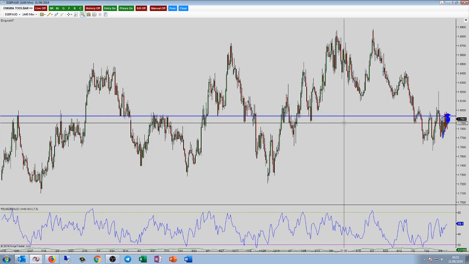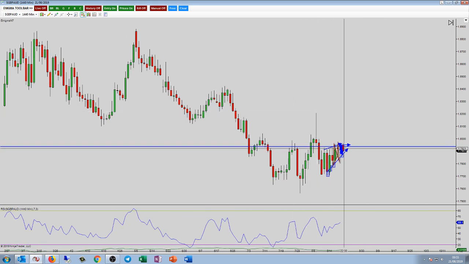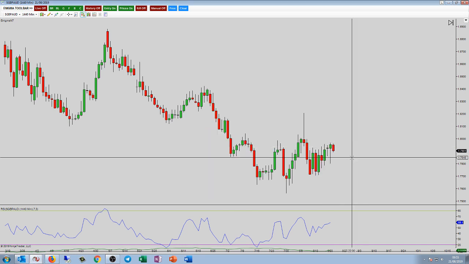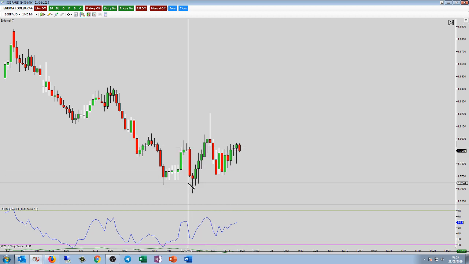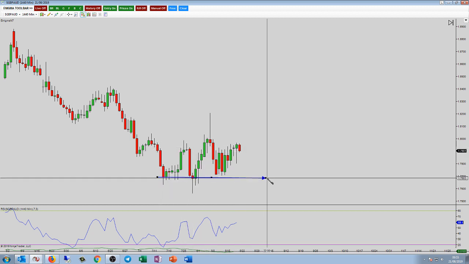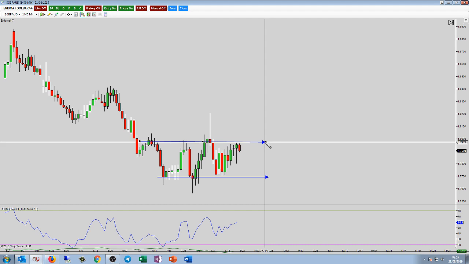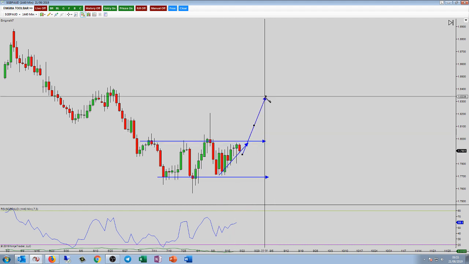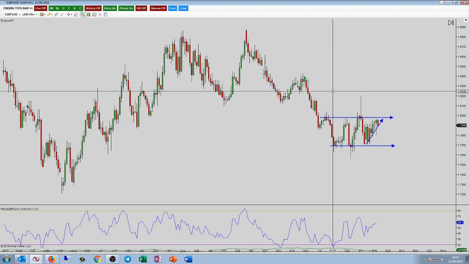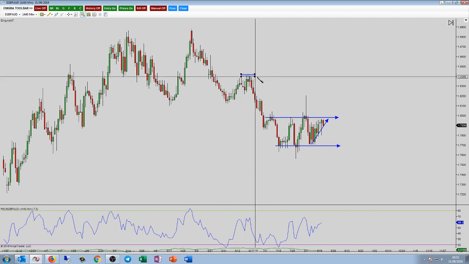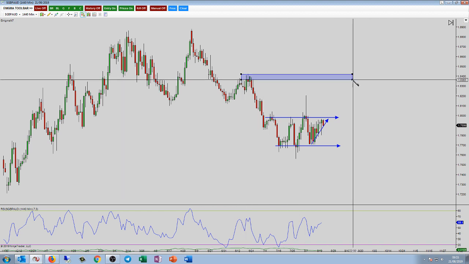Let's take a look at the dailies. With all this sideways movement, guys, I think you'll agree that we're going to break out one way or another. The longer we coil or consolidate for, the higher the probability we're going to break out with force. And if that force is bullish, then we could see quite a big pop here to the upside. I would suggest secondary targets up in this level.